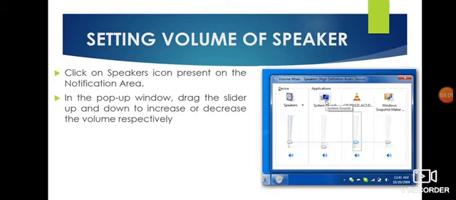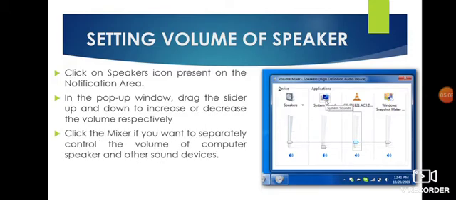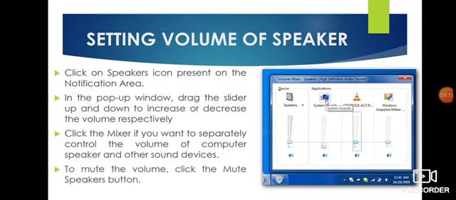Click the mixer if you want to separately control the volume of the computer and other sound devices. To mute the volume, click the mute speaker button. It is given below the slider bar. By clicking on that button, your speaker will be muted.